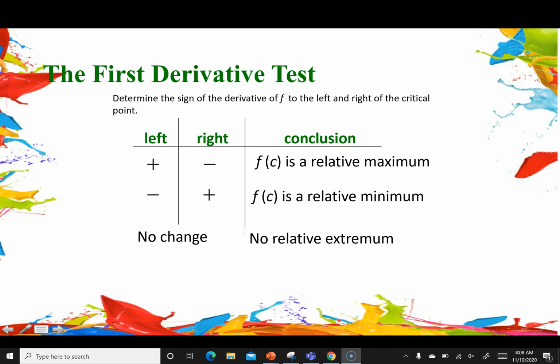All right, enough with vocabulary. Let's talk about the first derivative test. So what you do is you find the critical points first. Remember, the critical points are when the derivative is 0 or undefined. Then you need to find the sign, meaning positive or negative, of the derivative to the left and the right